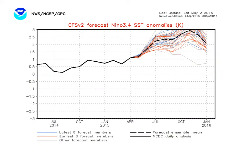This is the prediction for the Niño 3.4 region from the CFS, and just look what it does. It absolutely lifts those values into a strong event, bringing it into threes by the time we're getting into November of this year. So a real strong event the CFS is trying to predict. Now, that of course has a knock-on impact on the CFS seasonal forecast, because that strength of event will be skewing the seasonal forecasts,